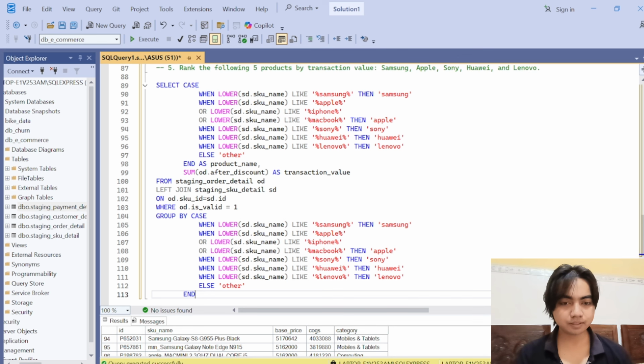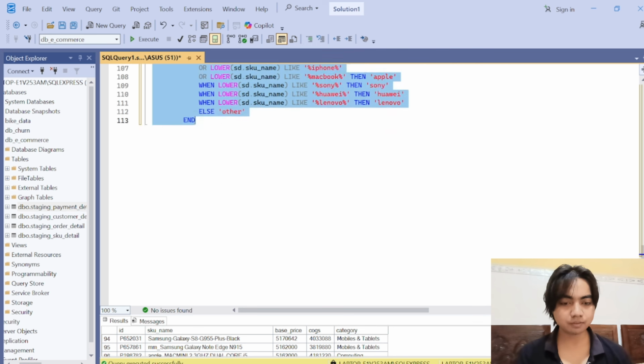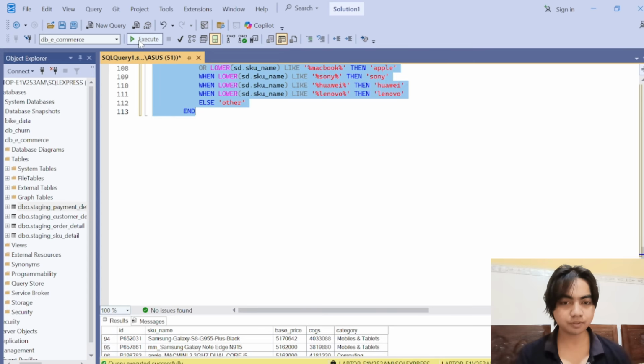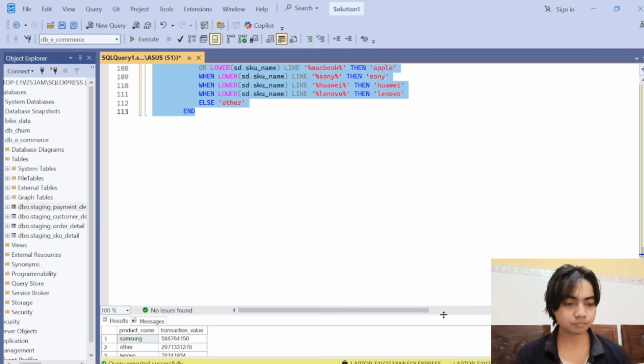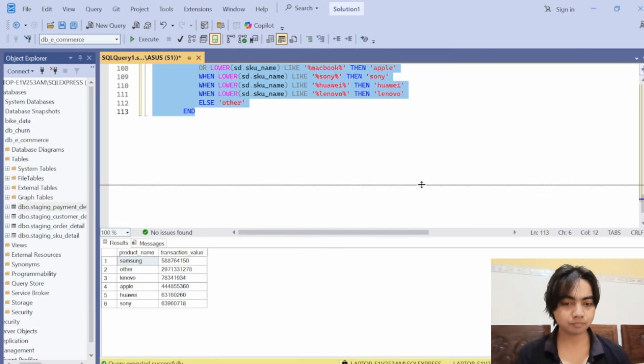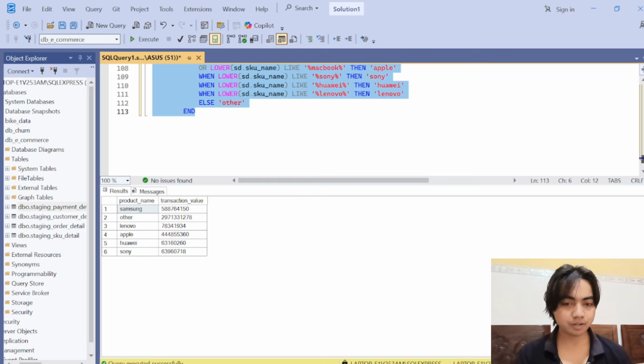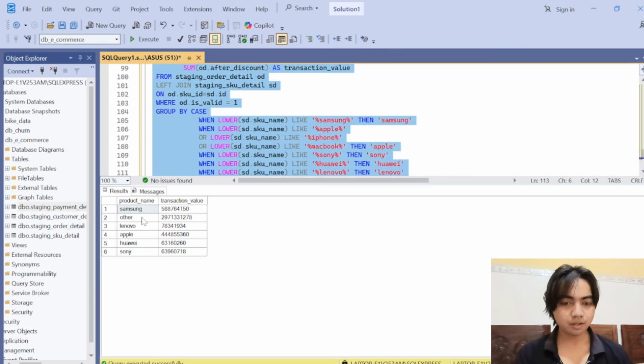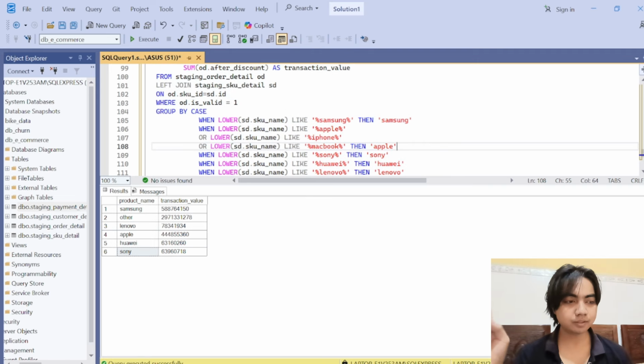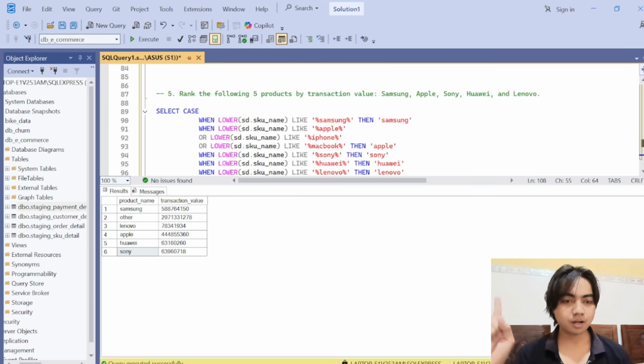Now let's try to run this code. Okay, so now we have Samsung, other, Lenovo, Apple, Huawei, and Sony, right? But I want to get rid of the other, so